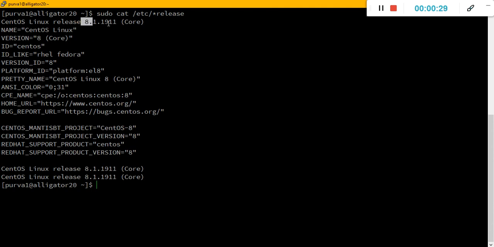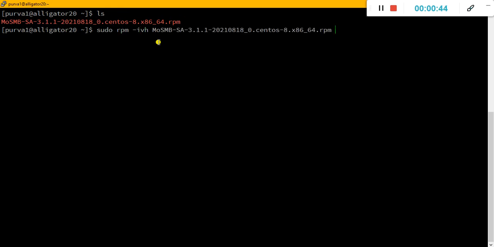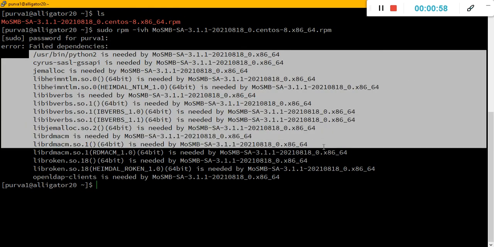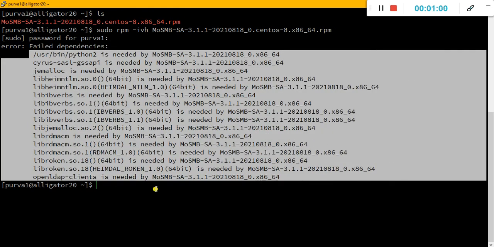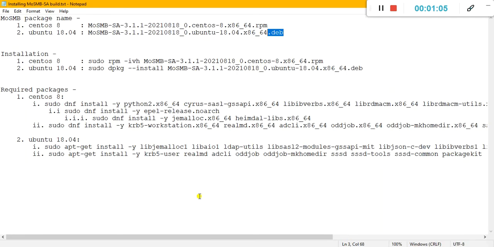So this is the CentOS 8 version. We have the MoSMB SA package, which is the standalone MoSMB package. To install MoSMB on this machine, all we have to do is say rpm -ivh and the package name. MoSMB prompts for the failed dependencies. So after installing all these dependencies, we will be able to install the MoSMB package and use it. So to check the dependencies,